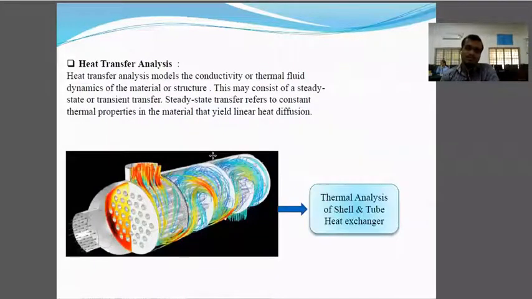So these are the basics. We've gone through four basic analyses. The first one is structural, the second is vibration, the third is fatigue, and the fourth is heat transfer analysis. In structural analysis, you will get stresses, strains, and displacements. In your vibration analysis, you will get frequencies. The third one is fatigue analysis, during which you will come to know the area where crack propagation will take place due to the cyclic load. And the last one is heat transfer analysis, in which you are going to find out the temperature distribution across the section, as well as the heat flow through the section. So this is about the analysis concept. If you have any doubt,